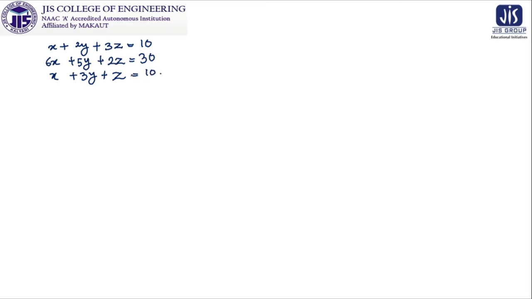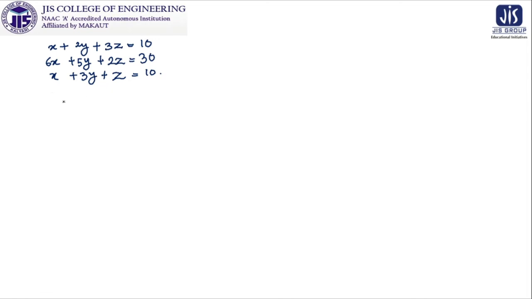Now we can see that this is a system of linear equations, and we are having three equations with three unknowns. So if we just follow the previous process that we have discussed here,